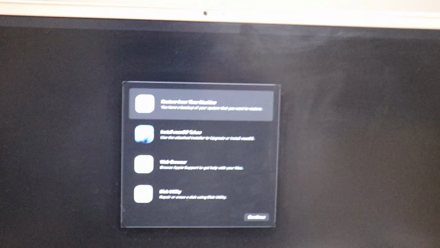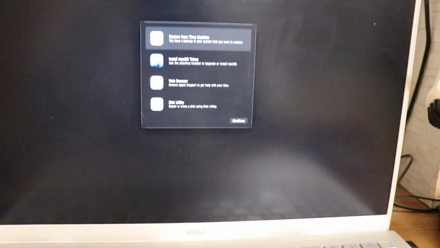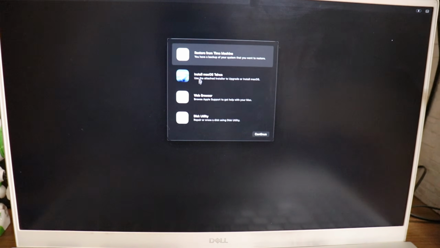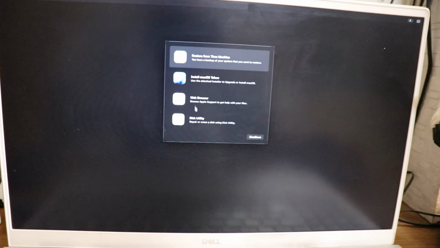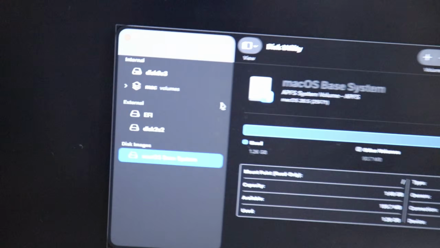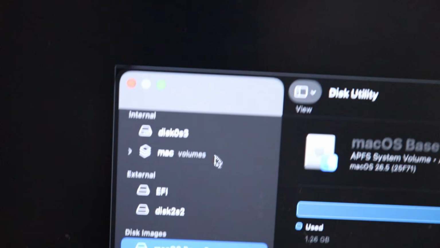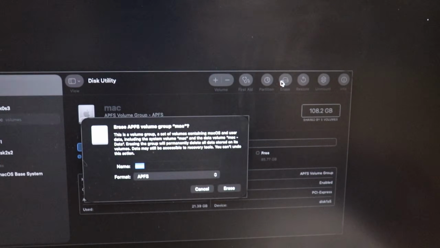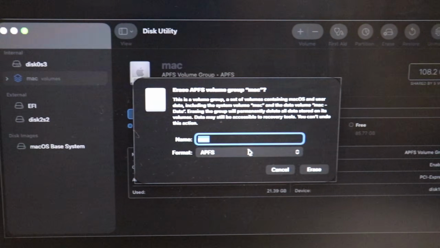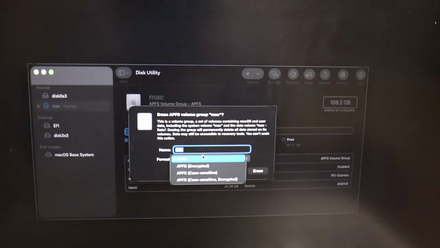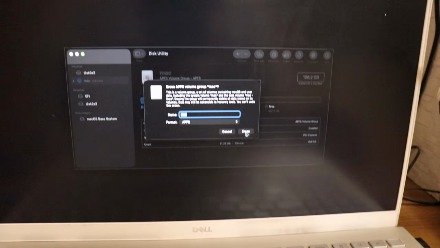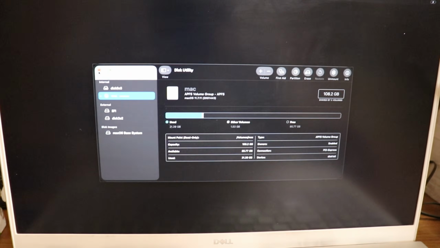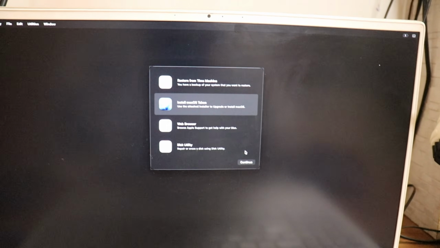As you can see, we reached our macOS recovery page, and all our USB devices and mouse are also working correctly. So now you have to head to Disk Utility. Here you can see I already made a partition named Mac. You have to erase it. You have to click on erase the partition and click on APFS. If it is named Windows, you can choose APFS, and you have to erase your whole drive. When you erase your whole drive, then you can click on Install macOS Tahoe,